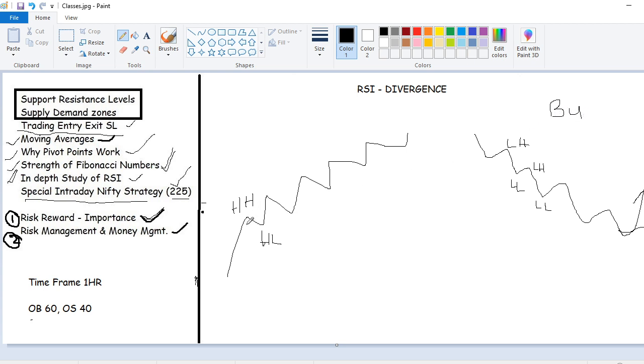Whenever a stock is climbing up, suddenly it may take a reversal and fall. This is called bearish divergence. So what you need to check, this is where so many members are getting confused. That's why I'm explaining it again. If you are looking for a bullish divergence, check at lower lows, swing lows. If you are looking at bearish divergence, check at swing highs. Okay, swing highs. Now how to see that? I'll explain to you.